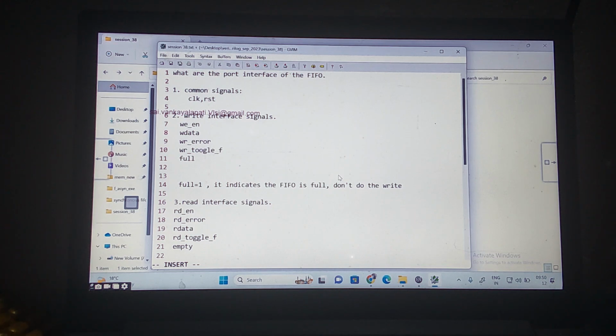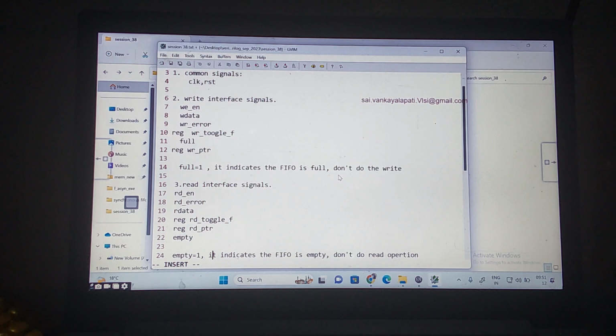Then you declare this as a reg. I can write this one as reg. And here one more reg is nothing but the write pointer. Toggle is not in the input and output ports. This is used to indicate that once a rollover happens, you are toggling this flag. Since this is not declared as an input or output port. Did you understand this? Similarly, for the read interface also, one thing as a reg, and one more reg is nothing but the read pointer, read PTR. So these are the port signals for modeling the FIFO.